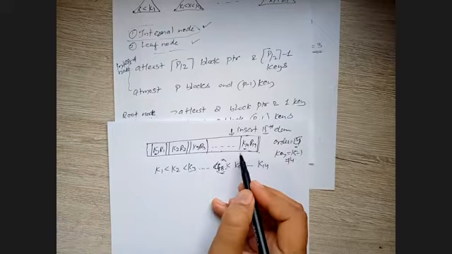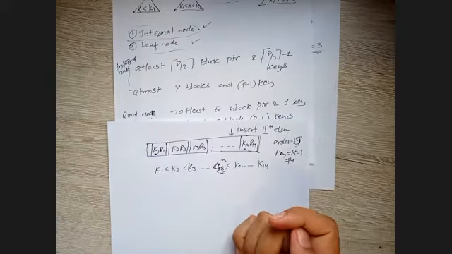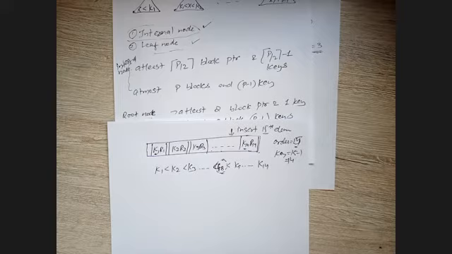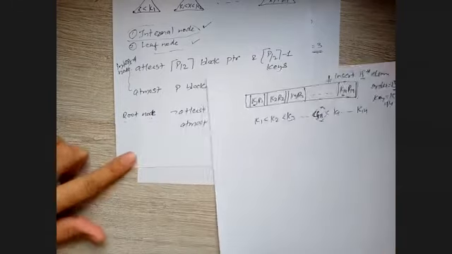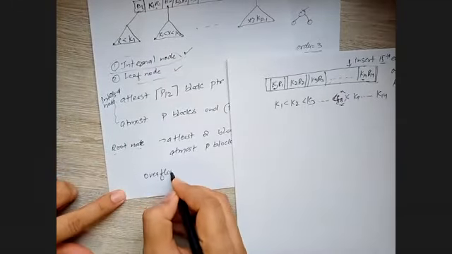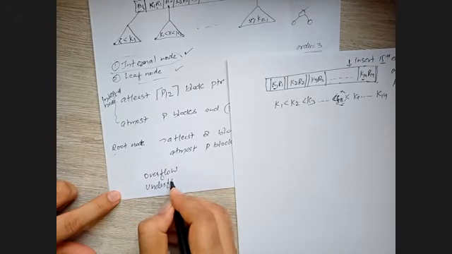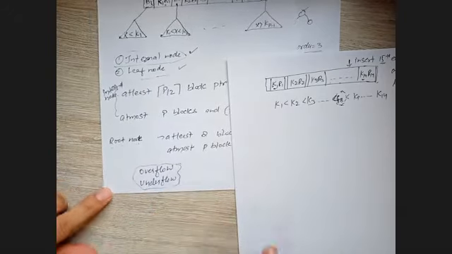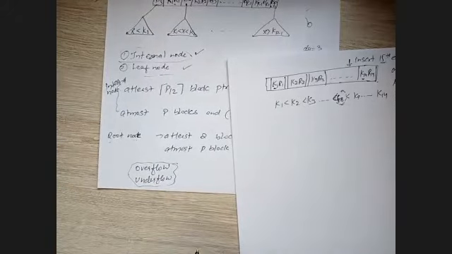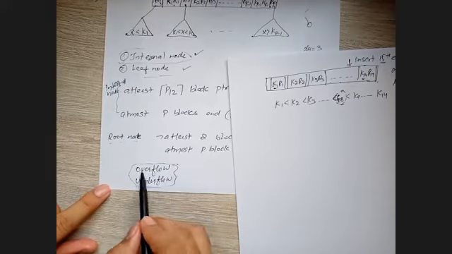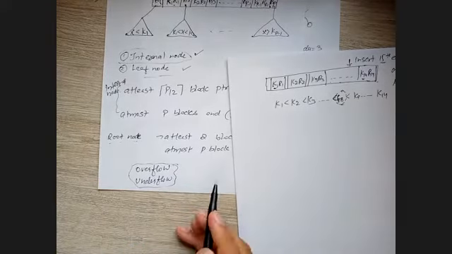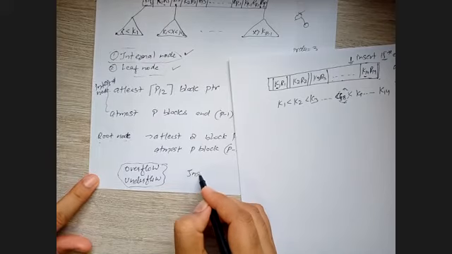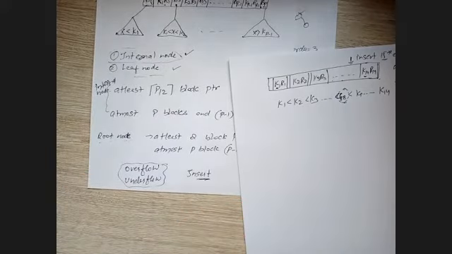When we insert any element in the node, remember about the data structure, we think of two conditions. The first condition is called overflow, and the second condition is called underflow. You are very familiar with this if you know about linked lists, when you write a program, or even a stack. So what is overflow and underflow? When I want to perform the insertion operation, which condition will I check, underflow or overflow? You should know that.